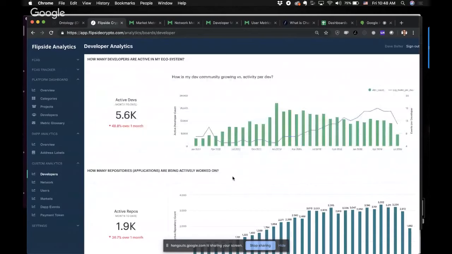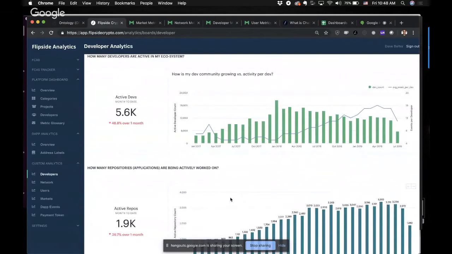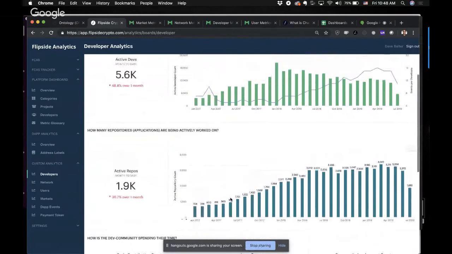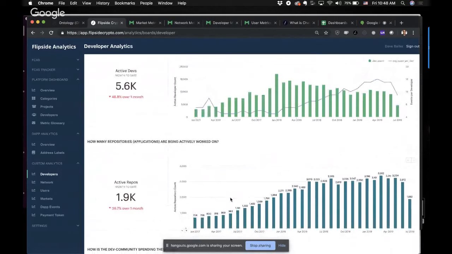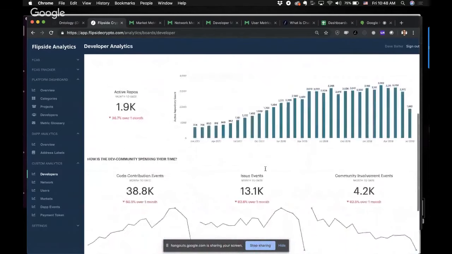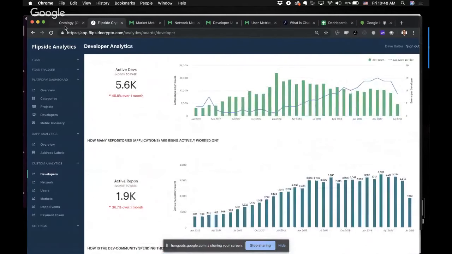Yeah, so here you go. This will show you active devs. A lot of people ask us about developers who are not part of the organization. So how many open source developers do I have? What behaviors are they taking? Things like that. And we can give you all sorts of breakdowns around components like that. So I think that's what we have for the live demo.